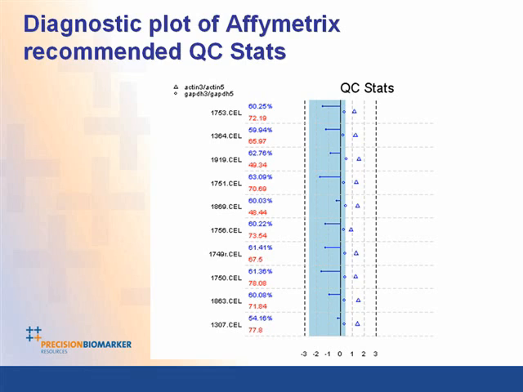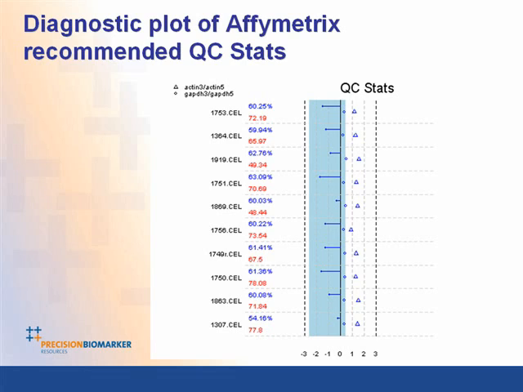In addition to the other tests that we do at Precision Biomarker Resources, we also provide a summary of the Affymetrix recommended QC stats, including the GAPDH, actin 3', 5' ratios, the scaling factor, which is in the blue bars, and the percent present calls and the background. Percent present calls are in the left-hand column near the cell file name, and for example, in 1753.cell, that would be 60.25% in blue, and the number below in red gives